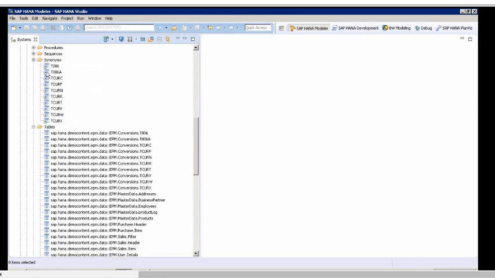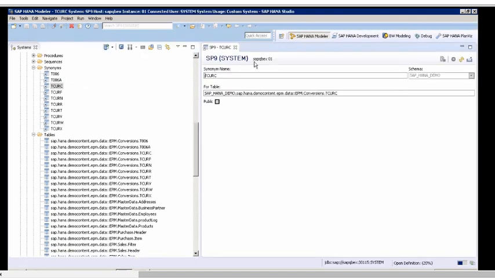I've created a synonym saying TCURR is a synonym representing the sap.hana.demo table, and TCURF is a synonym representing the other table. Now when my engine searches for the table, it is able to find the synonyms and access the data from them. When you try to see the content of a synonym, you're actually getting the content of the main table only. So this is the kind of scenario where you would think about using synonyms.